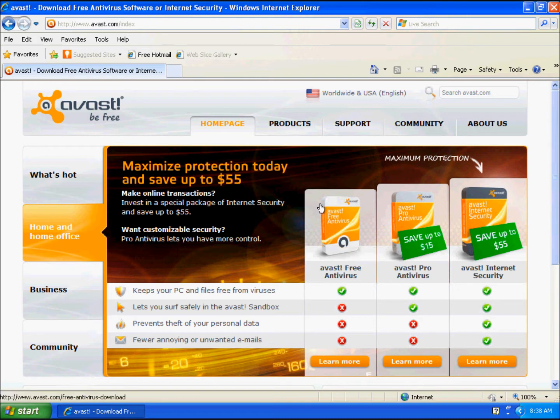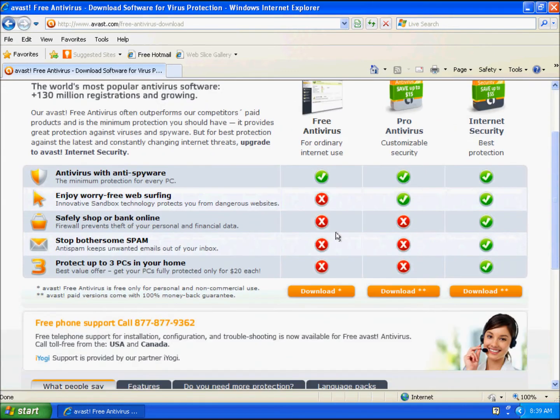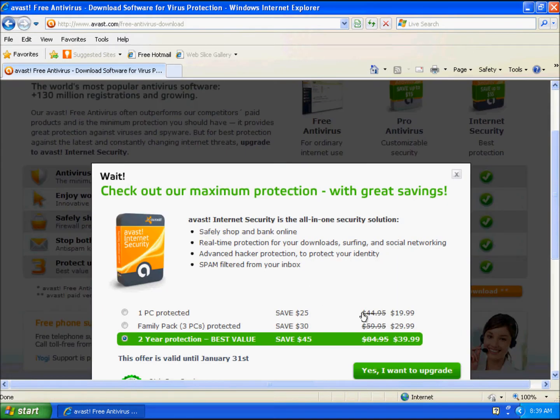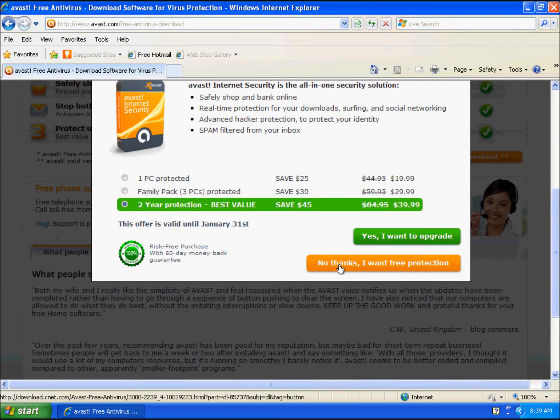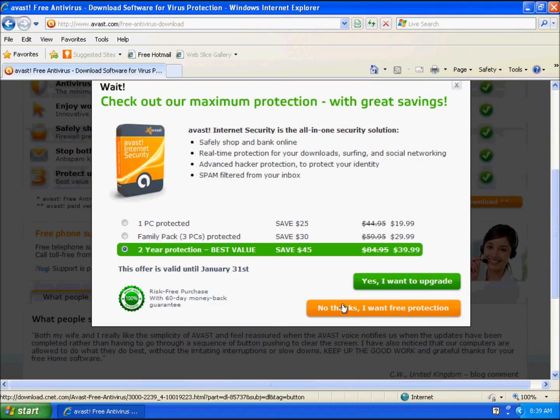I've used the free version on several different people's computers over the course of my career, and it works very well. If you would like, the professional version is also worth taking a second look. As you can see, it has more features on it that enable you to stay safer on your computer, but for our purposes for this DVD, the free version is going to be perfectly fine. So I'm going to go ahead and click on that, and it's going to give me my different download options here, and I'm going to go ahead and click on download, and it's giving me a last appeal to get the full version here. I'm going to say no thanks,